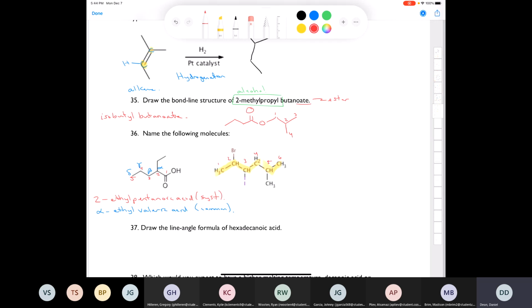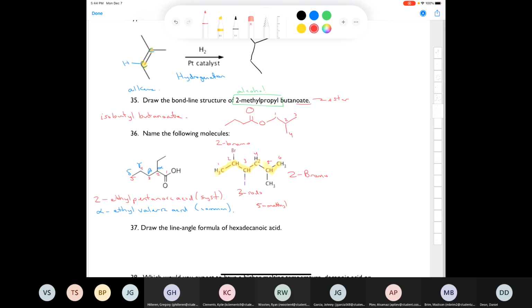So this is some kind of hexane. We've got a 2-bromo. If you need to, you can write a little laundry list here. 2-bromo, 3-iodo, and a 5-methyl. And then it might be easier to alphabetize them. So B comes before I, and I comes before M. And so this molecule would become